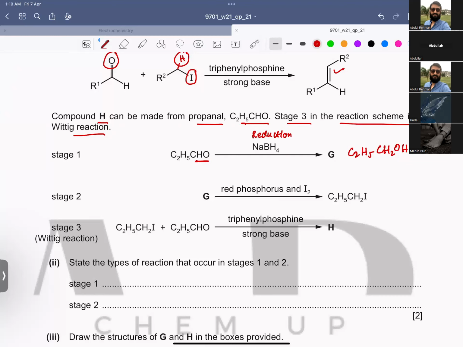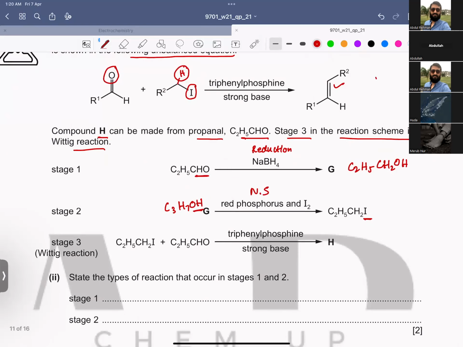If you look at stage 2, this G, that is, if I would write, it would be C3H7OH, is reacted with red phosphorus and iodine. So OH is displaced by I. So it is a nucleophilic substitution. Then if you see, so this is basically the reference given to you to form H. So see over here,